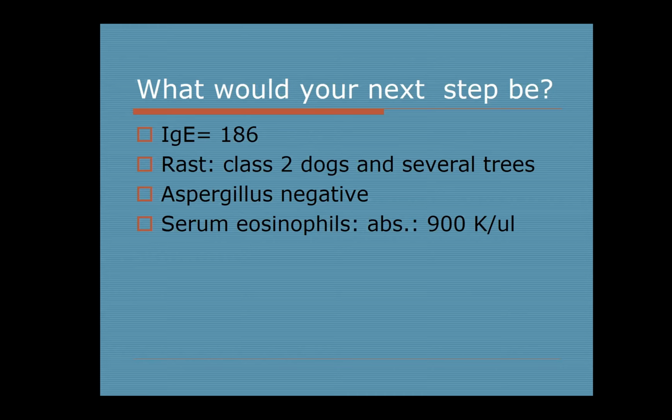Let me say one more word about the Aspergillus thing. You have two kinds of antibodies to Aspergillus. You have your IgG antibodies and you have your IgE antibodies. The IgE antibodies are what's relevant for ABPA and for asthma. The IgG antibodies are more related to having a systemic immune response to the Aspergillus and not an allergic response to the Aspergillus. So she doesn't have IgE to Aspergillus, and she